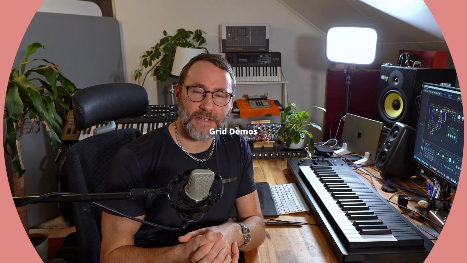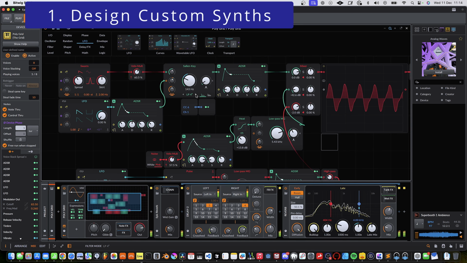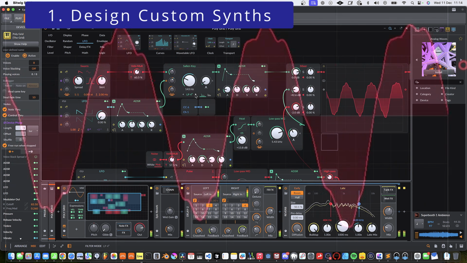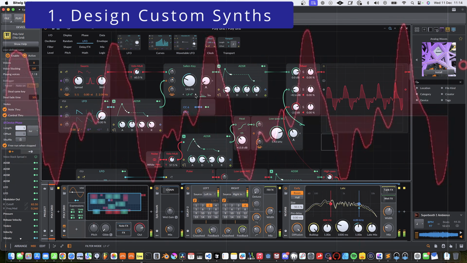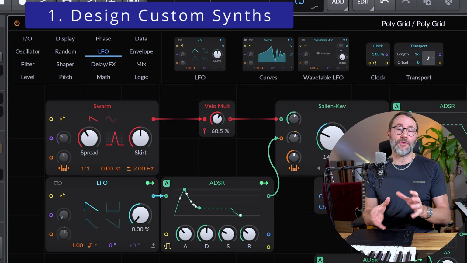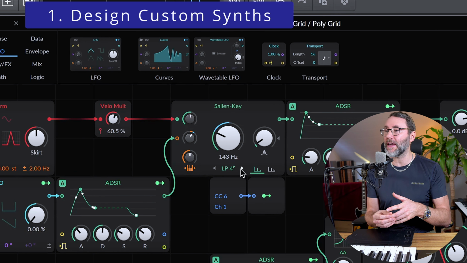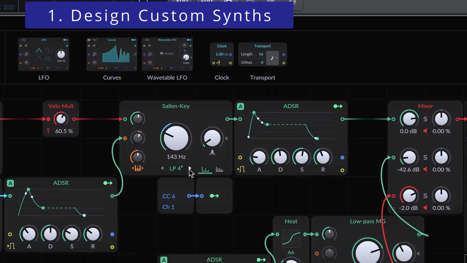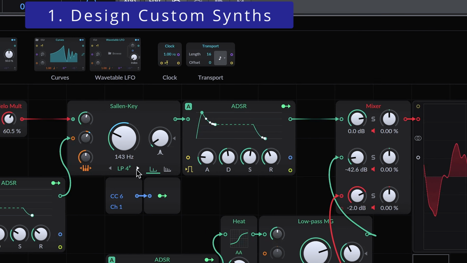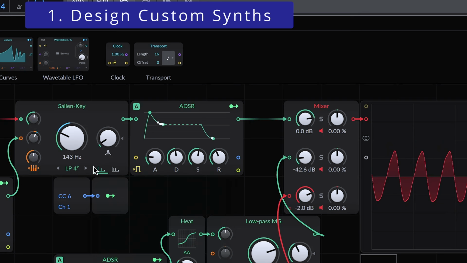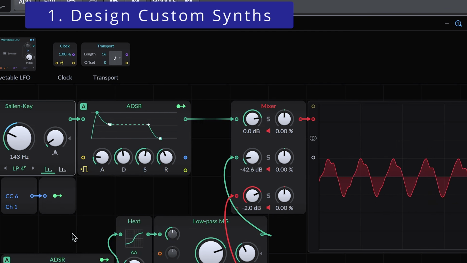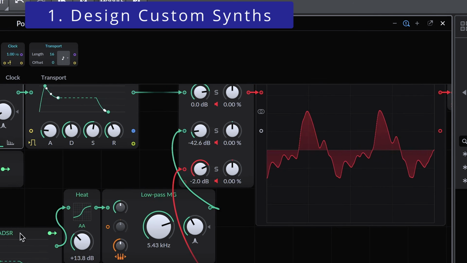Before we look at the user interface and introduce the basic concepts of the grid, let's first take a look at some really exciting, beautiful patches that you can build with the grid in Bitwig Studio. So first off, you can of course build your own custom instruments and synths from scratch using oscillators, filters, envelopes, and more intricate devices. Now don't panic if these words and concepts are all new to you, because throughout the course we are going to explain how basic synthesis works, so you get a great understanding of synthesis.